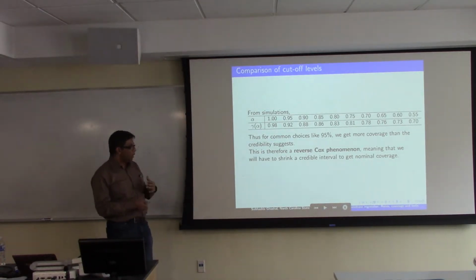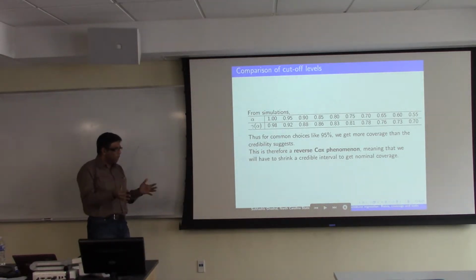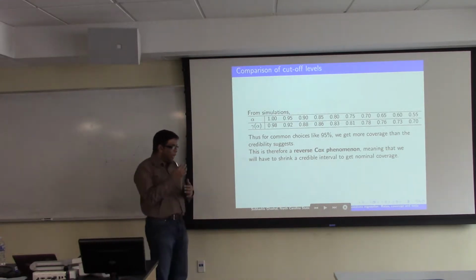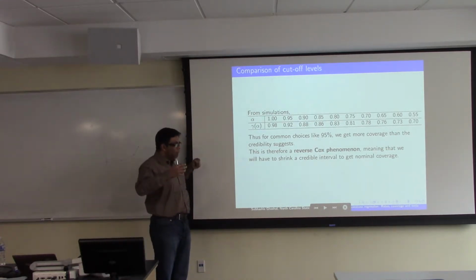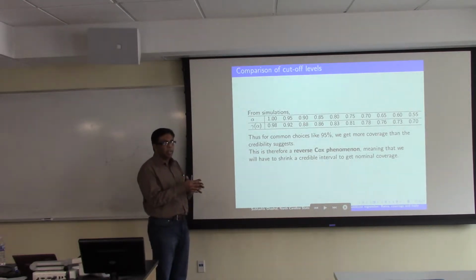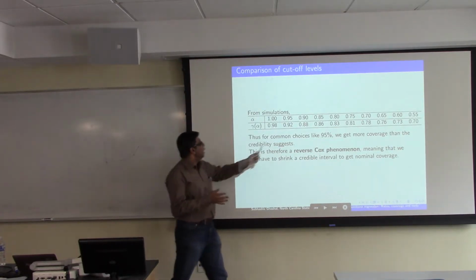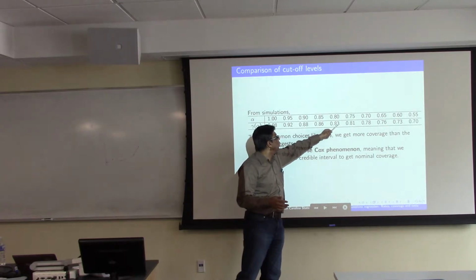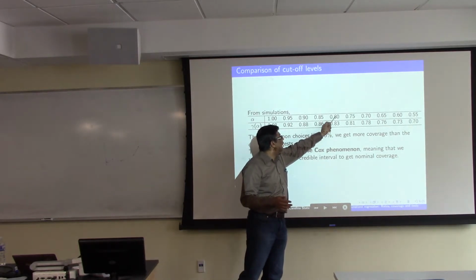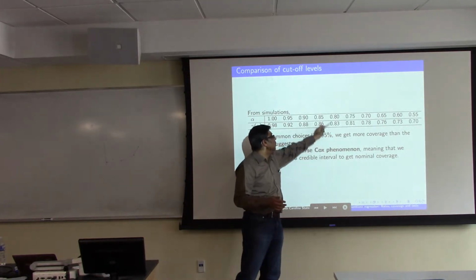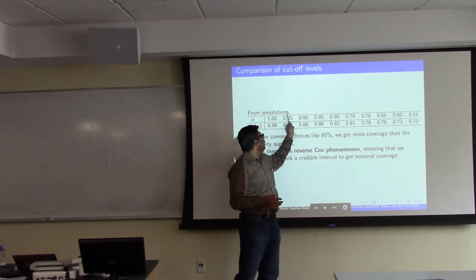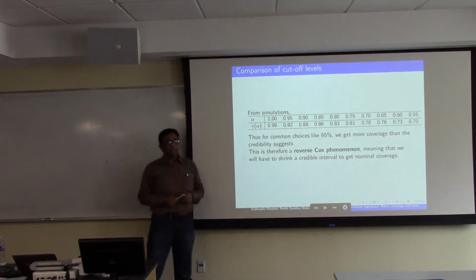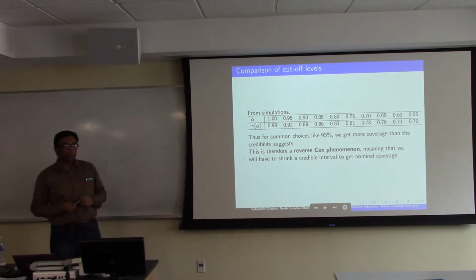That is, in order to comply in smoothing problems, in order to get coverage, you have to inflate the credible set to get the coverage at the target level. Here, you have to contract it, at least in this range. It's not always so; if it's on the very low side, like 80%, then you need 83%. But people typically look around this area. So that's something new that we haven't seen before.